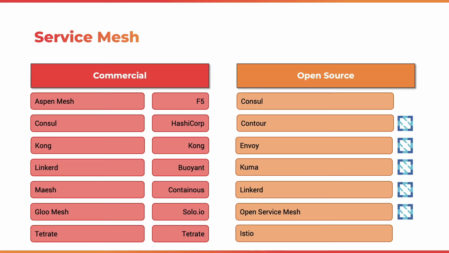When we look at the commercial offerings, there are many, and there is going to be a lot of consolidation in this space. But the most popular ones that are used by most of the developers and enterprises are Istio and then Linkerd. Consul from HashiCorp is also getting a lot of traction. So you have a lot of choices to choose the right service mesh. And the good news is a lot of them, almost all of them, are open source, and many of them are part of the CNCF ecosystem. They are CNCF projects. For example, Linkerd is getting a lot of attention, and you should definitely check out if you are considering a service mesh for your project.